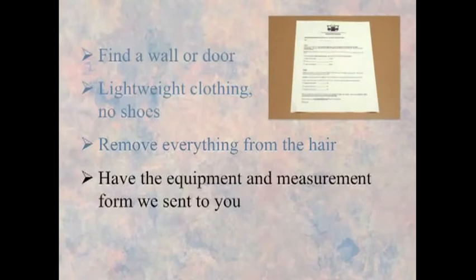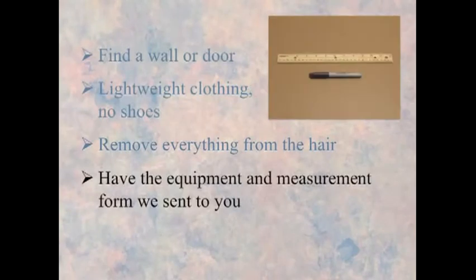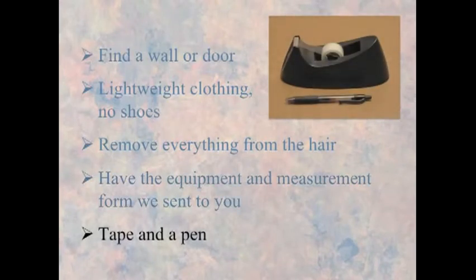You will need the measurement form, height chart, scale, ruler, and the marker we sent you. You will also need tape to attach the height chart to a wall or door, and a pen to write down the measurements. After you find a good location to take the height measurements, ask someone to help you hang